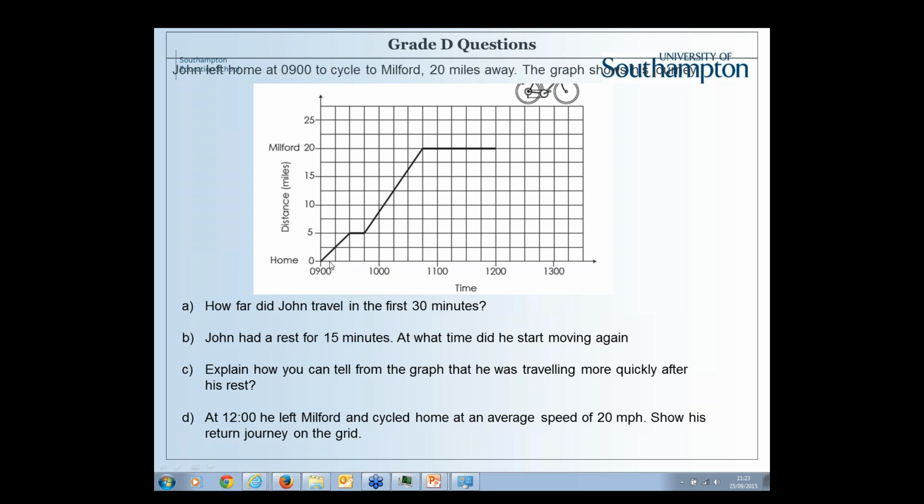They find reading scales and graphs incredibly difficult. For a lot of them, their inability to tell the time is a bit of a hindrance. And once you do a more complicated graph than distance time graphs, so if you do move on to velocity time graphs, they often forget the simpler ones where you've just got the distance. So they try to work out things from the graph. So they start calculating the gradient. So this is okay, 5 over